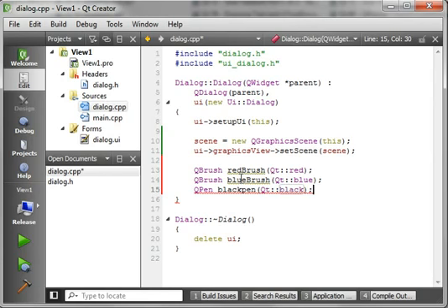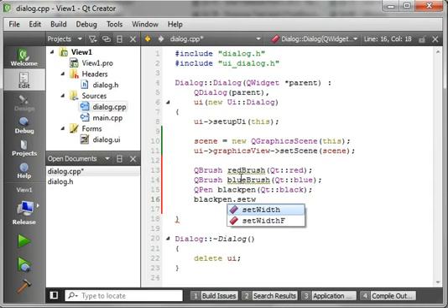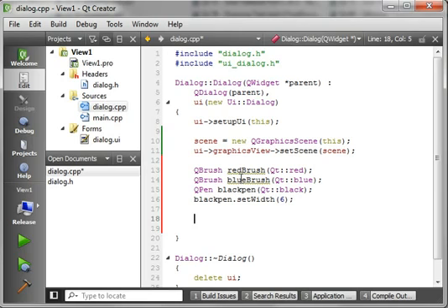Now, the reason why we're creating brushes and pens is we're going to tell the scene we want to create these objects. And to do that, it's going to say, okay, what pen and what brush do you want to use? And let's actually do that right now. We're just going to say ellipse equal, I'm going to say scene,